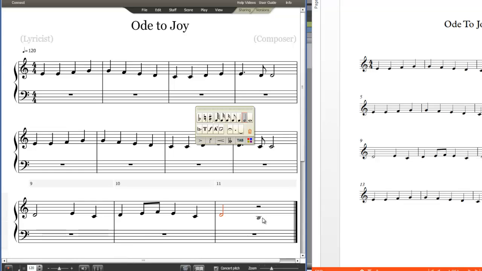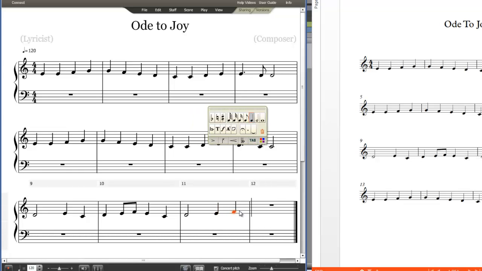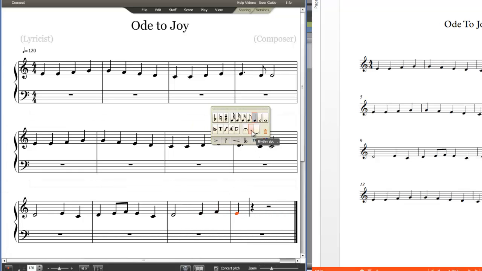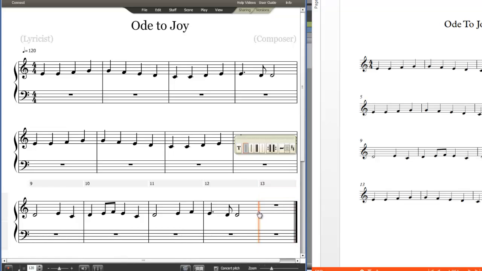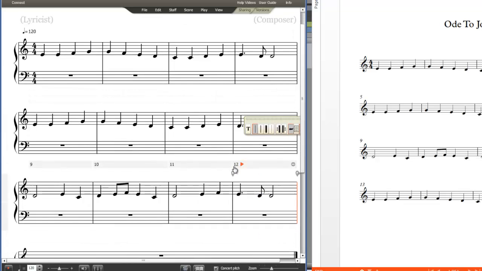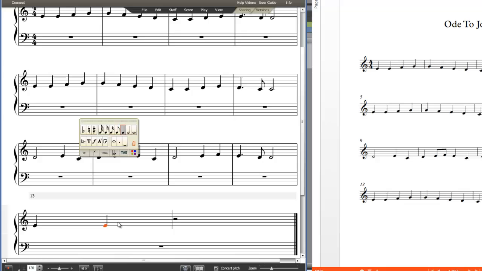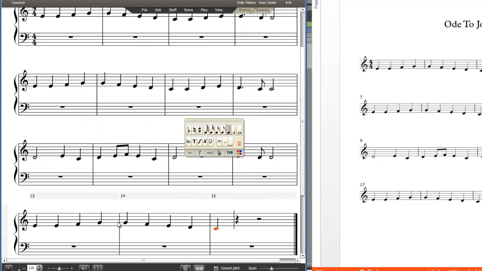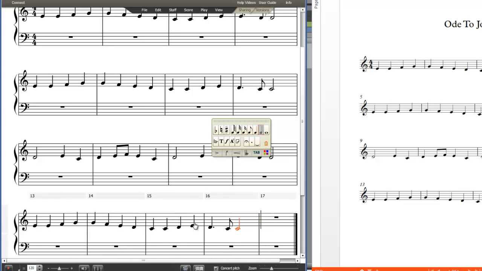I can do this as well by using the mouse, but it just makes it a little bit slower. Right? The idea of this stuff is to make it as quick, as painless. Notice how it takes a little bit longer to click in the notes and then write in what needs to change. Once again, I want to make my system break here, so if I click here, hit enter, scroll down a little bit, focus on the next bar, and we're back to E, E, F, G, G, F, E, D, C, C, D, E, D with the dots, C, make it a quaver, finish with a C as a minim,